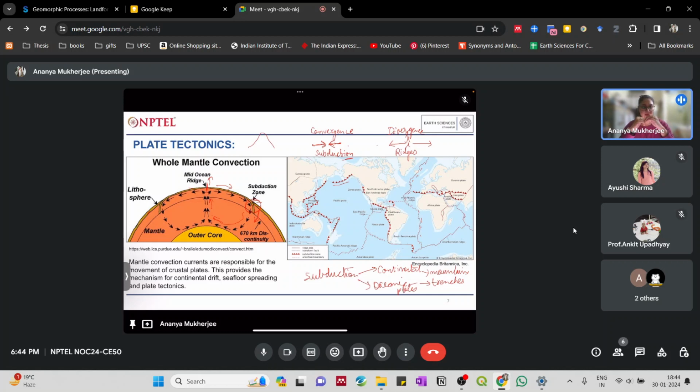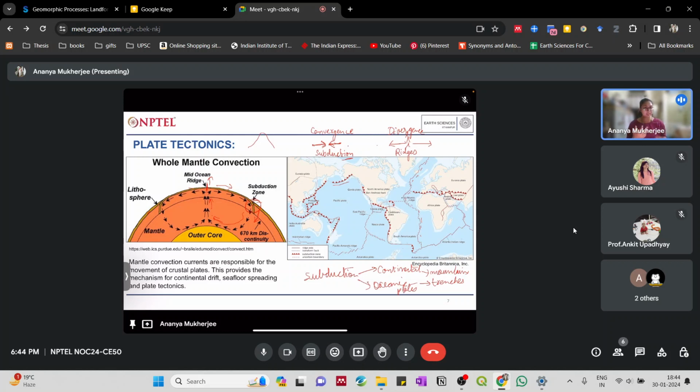Now, where these two plates meet, this area can extend much deeper. That is when you have your trenches. This is a very rudimentary and basic way of explaining. Obviously, each part of the subduction process also has different geological features formed corresponding to subduction as well as divergent areas.